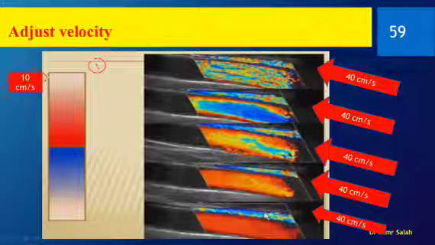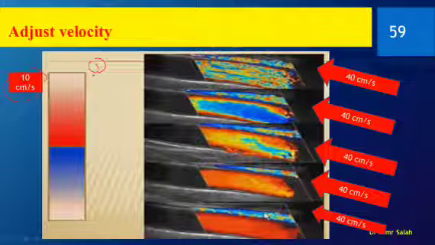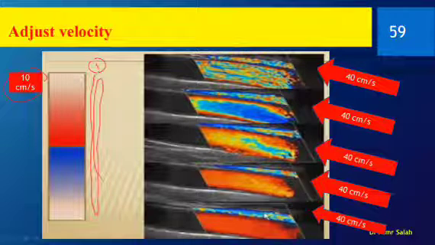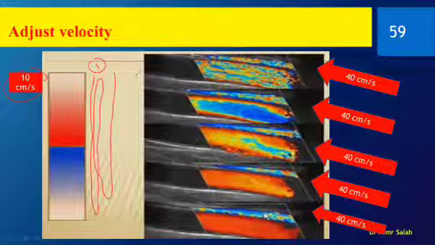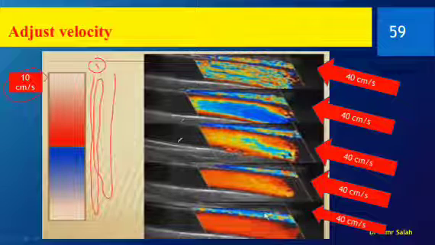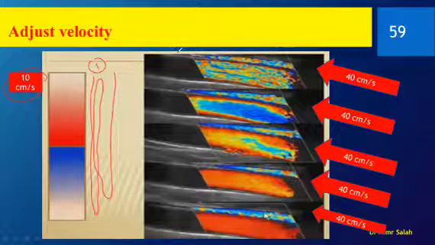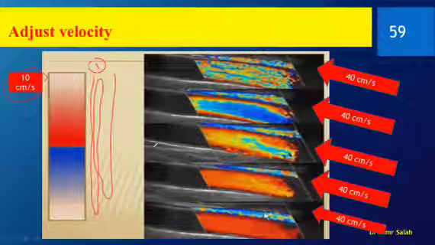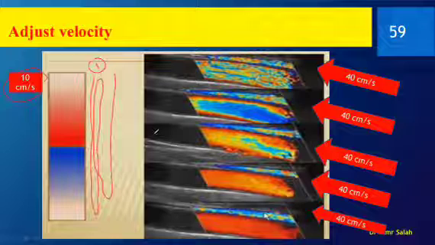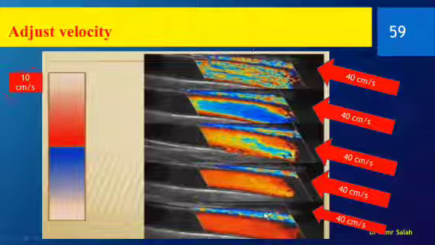In the first scenario, we have set the BRF, or the velocity scale, to 10. So what will happen? We have a velocity of 40. So the blood would acquire red and then blue and then red and then blue, and it will produce aliasing because it is too fast for our BRF. So it will produce about two rounds on the color bar to acquire its velocity. So it will produce this aliasing. This is the first scenario.